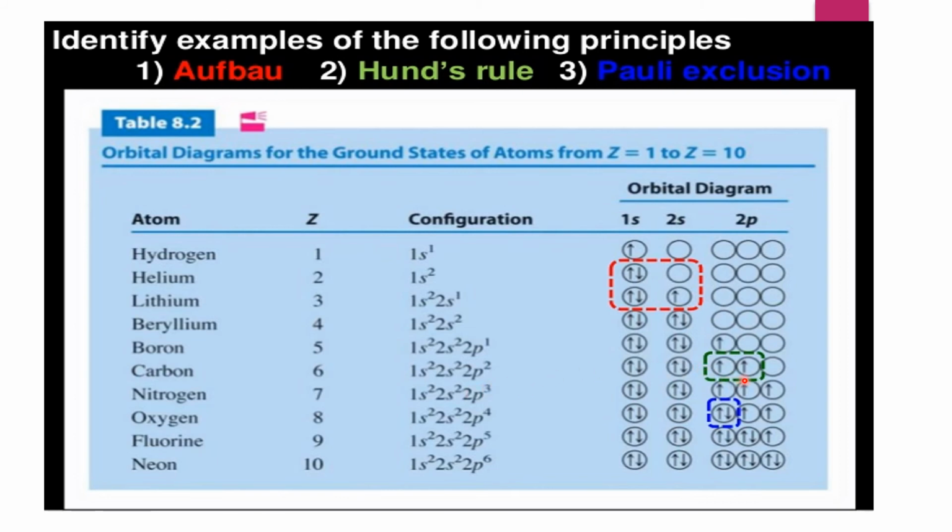So here, though the second electron is available, the first 4 are completely filled and they are paired. The fifth electron is filled, and the sixth electron did not pair up. So here, the electron is not paired up. So it is following which rule? Pairing up of electrons takes place after the available degenerate orbitals are half filled. So it is Hund's rule. Same way for the oxygen also.